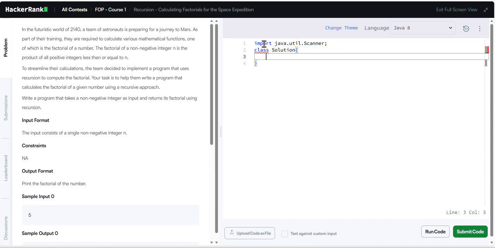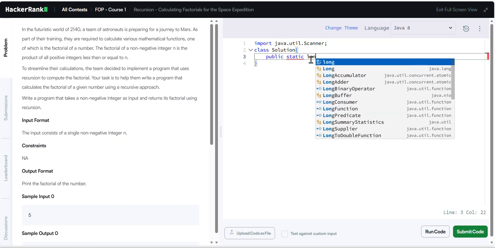Then we need to create one method named factorial. We are finding the factorial of a number, right? So we need to create one method for that. We can create that by using the public keyword. I will tell you why I wrote these keywords.